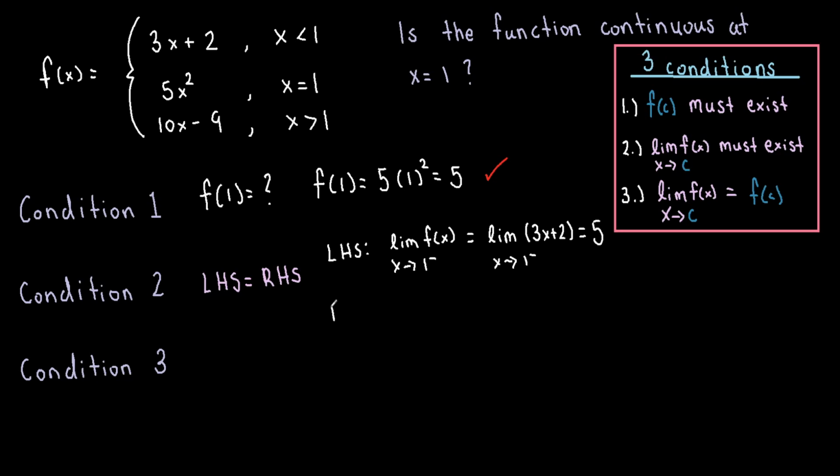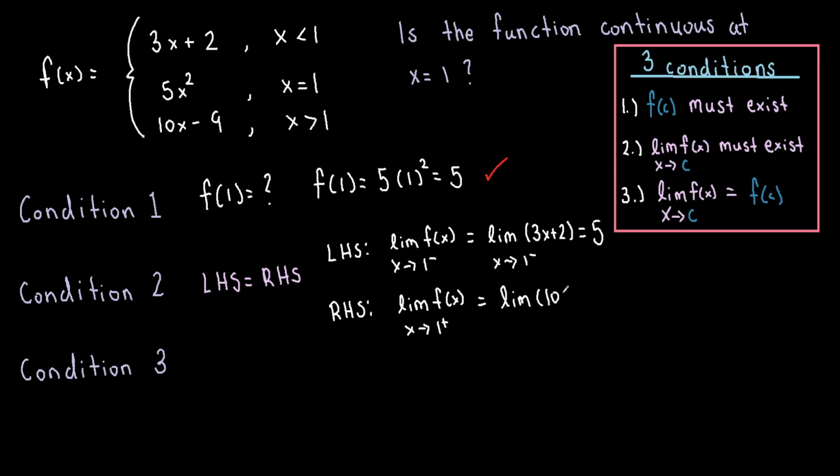So the right-hand side limit is going to be the limit of f of x as x approaches 1 from the right-hand side. And the function we're going to use is this function over here, because this function exists for all x values greater than 1. So we have the limit